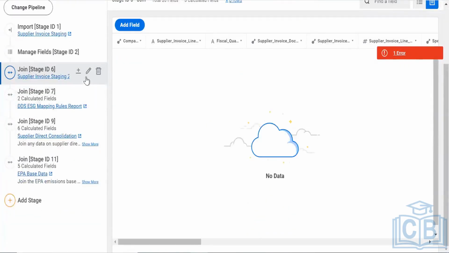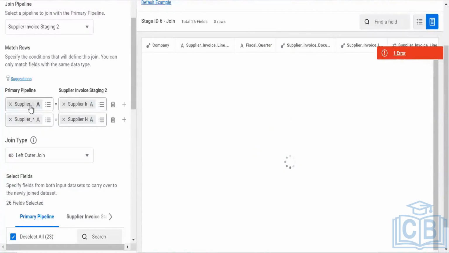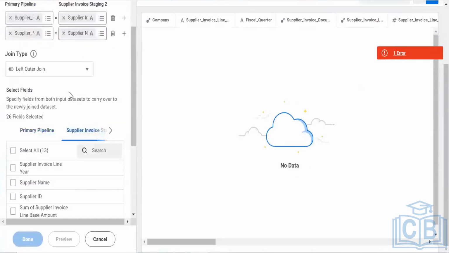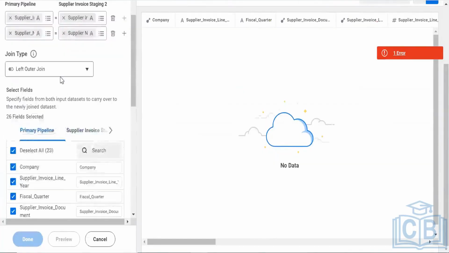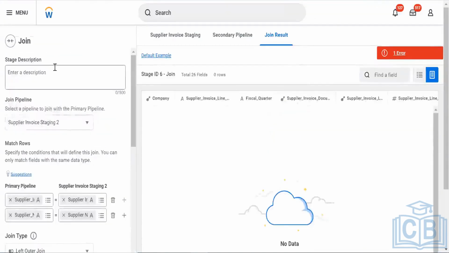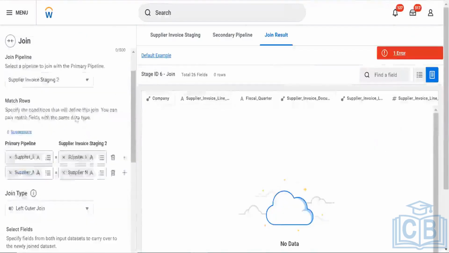There might be some logic behind doing that. We can go over here and see. They have mapped supplier invoice line here and here, and supplier name here and here also. They have selected all the required fields from not both of them, but from any one place. Here the fields are different and here also the fields are different.